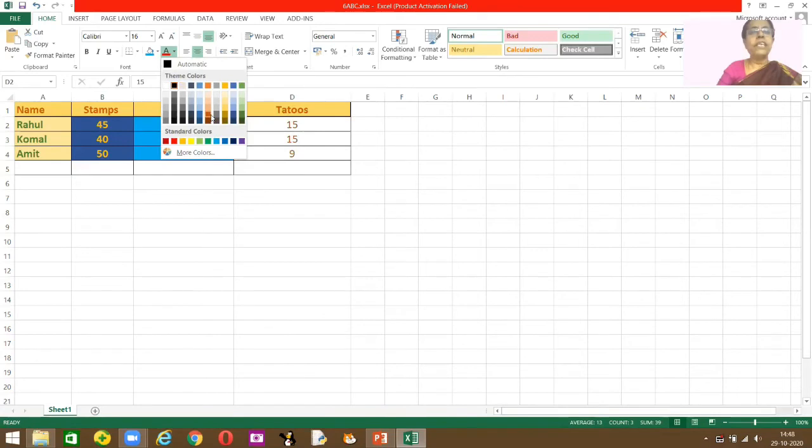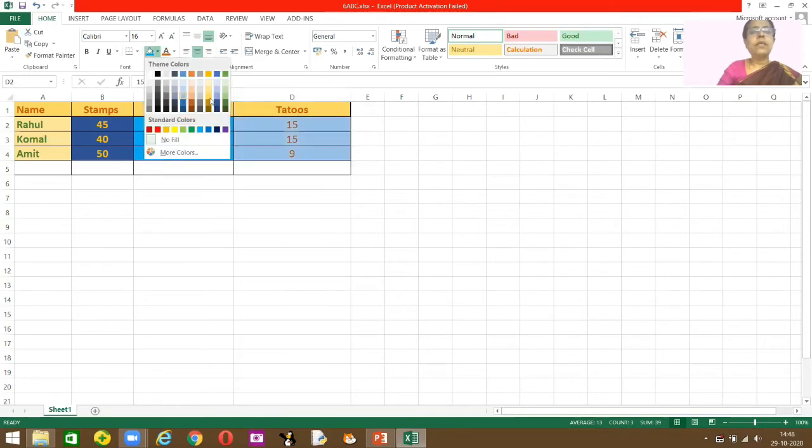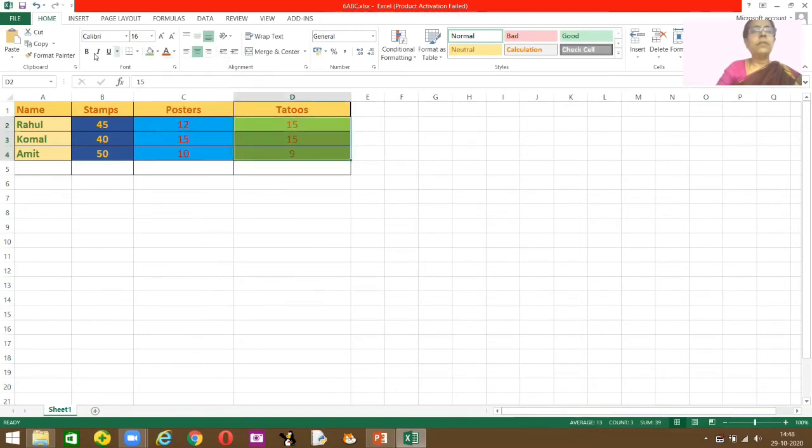And you can even change the size and all that. So I'll put here, say, I'll put a green here and you can make it bold. So this is how you enter your data with colors also. Okay. Here there are some other things like you can select. So these are the ways that you do it.